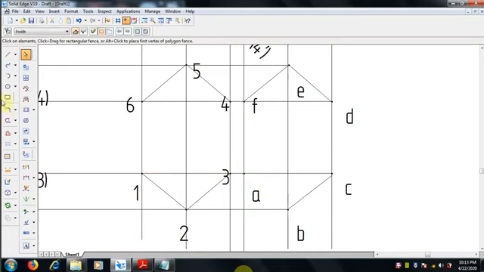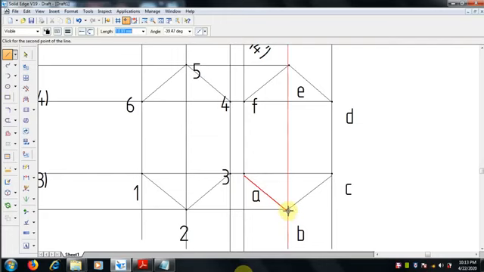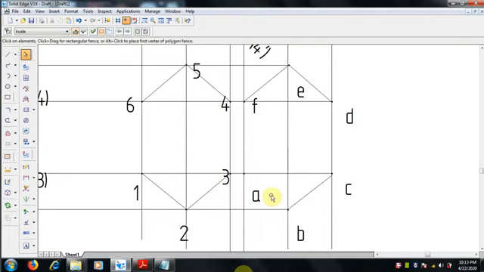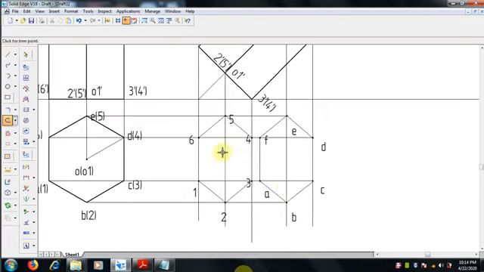Edges 1 to A, 2 to B, that we will check. Once it is done, zoom in clearly and edit if any problems appear.